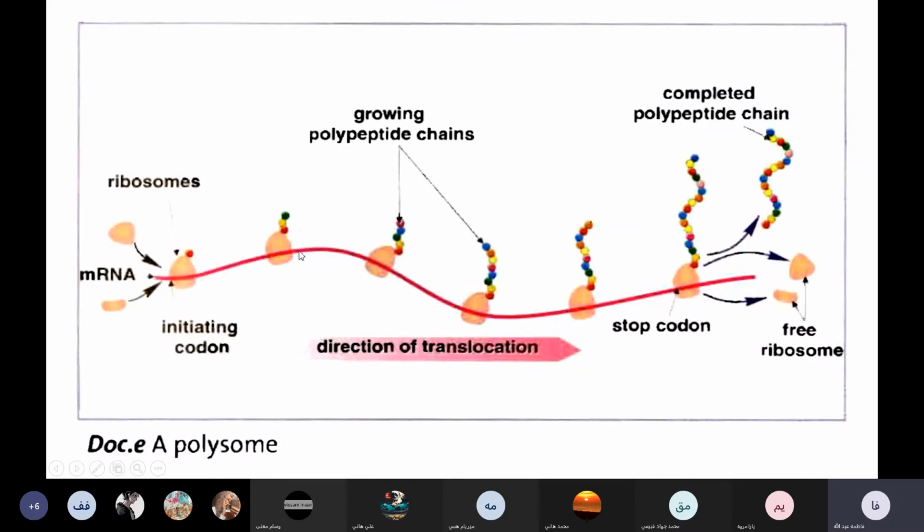on the same messenger RNA. This is a ribosome, this is a ribosome, okay? The presence of many ribosomes on the same messenger RNA is called a polysome. As you can see, if I have, let's say, 10 ribosomes